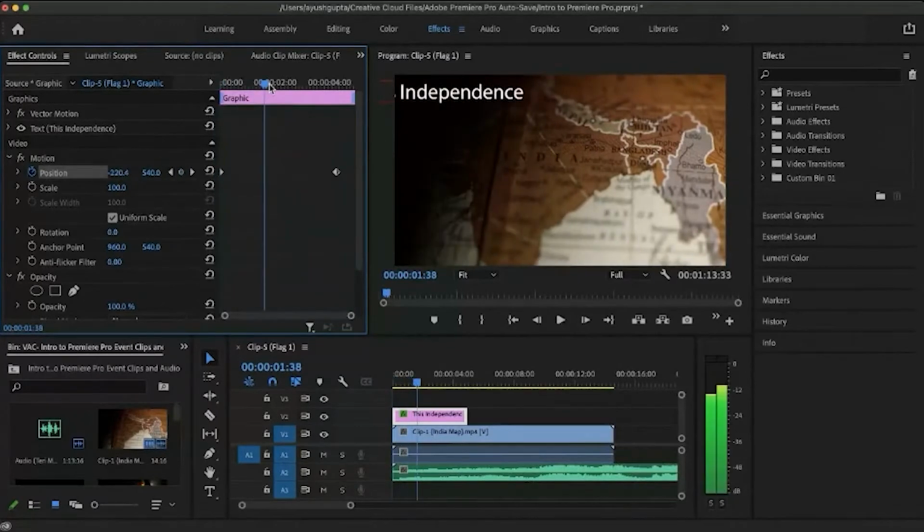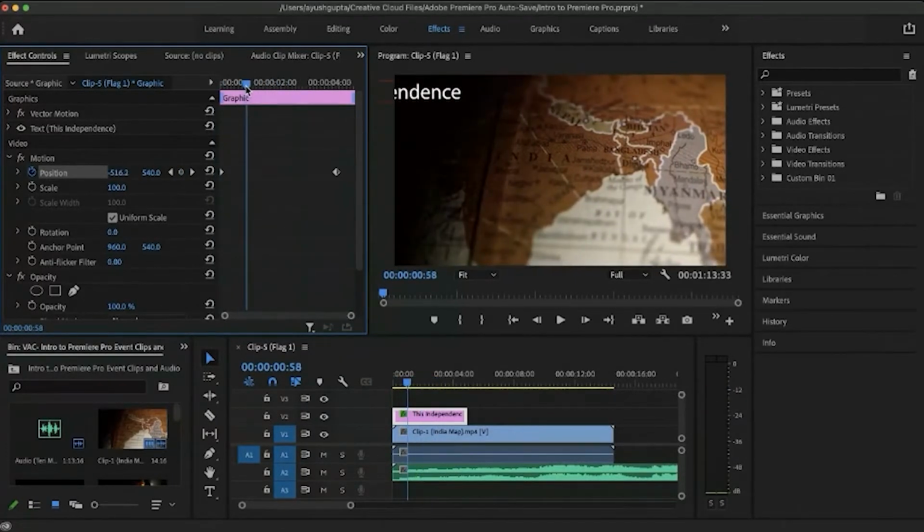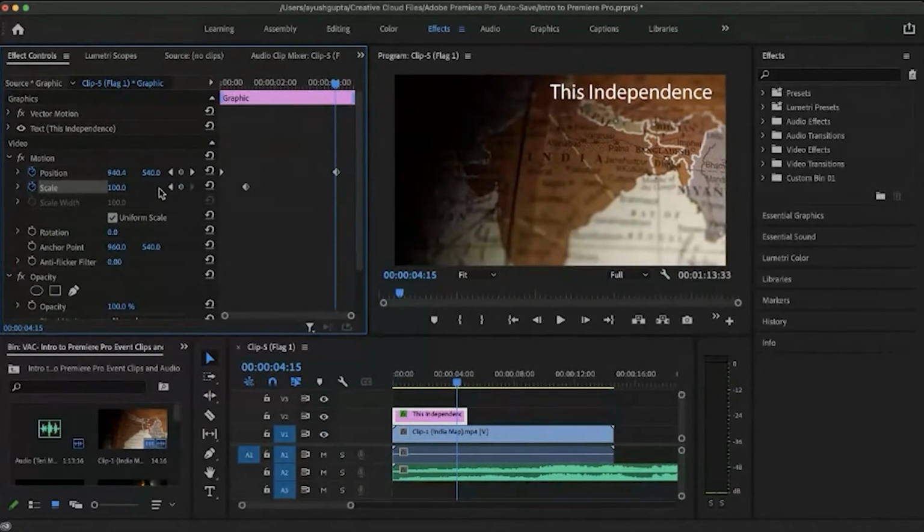And suppose now I want to change the scale. Then I click on this toggle animation bar. And suppose the scale is 100%. Now I want it here to be of 120% size, suppose. You can just drag this, like 107%.